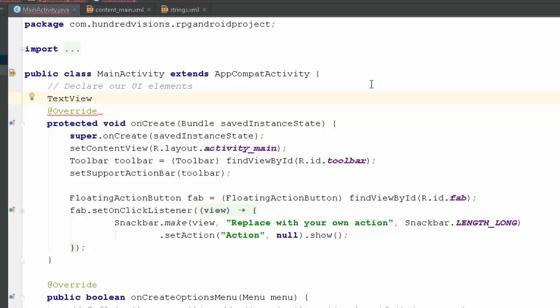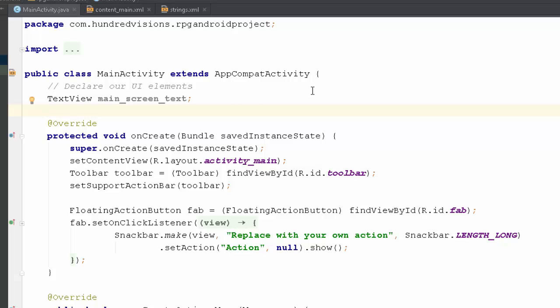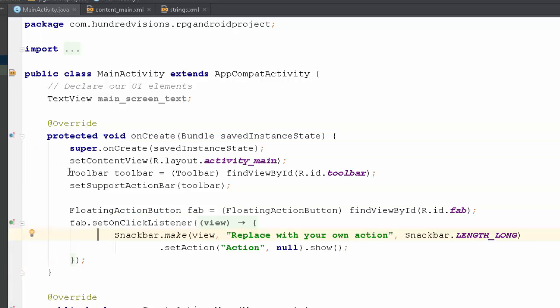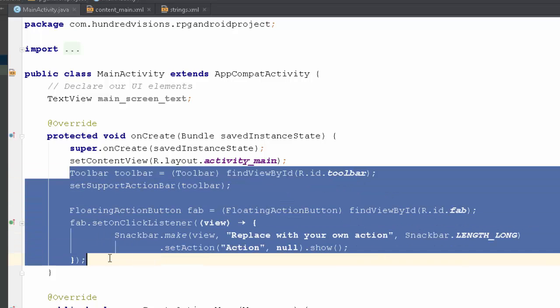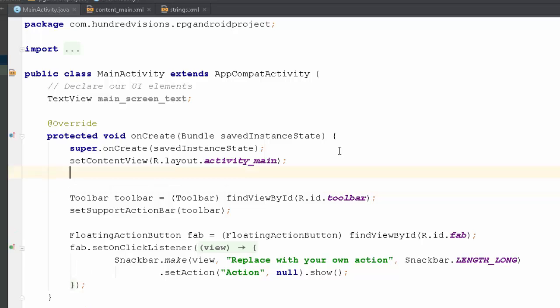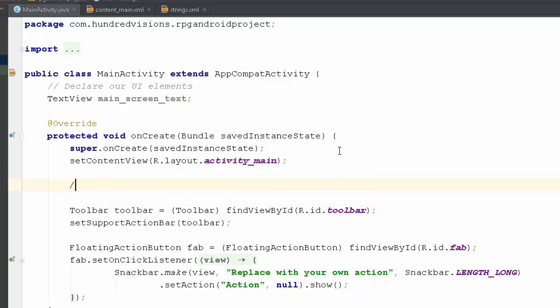And then we're going to call this main screen text. Okay, we declare it there. And then when we create the app, when we run it the first time, this is where we're going to do some work. I might get rid of this stuff here. For now, I'm going to leave it. I'm going to go after the set content view. We're now going to connect UI elements